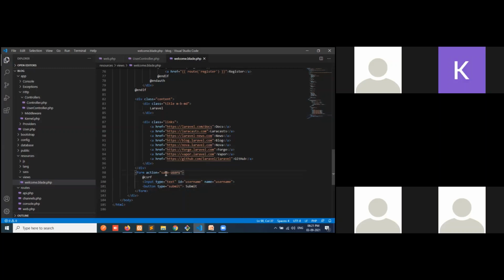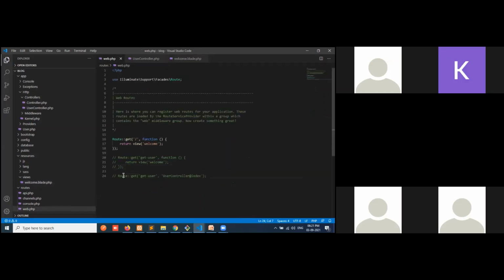This action will be performed here in web.php. If you are sending some data, you need to give post. If you are fetching data, you give the get method. If you update anything, you need patch. Or if you delete any record, you give delete. So I'm sending the data to this user controller, and then the index function.